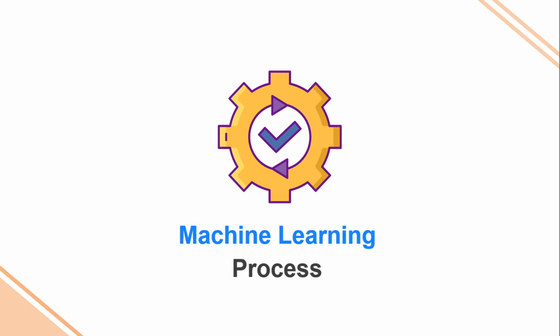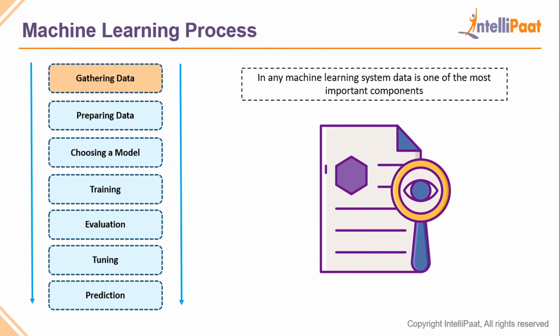Now let's take a look at the machine learning process. How does machine learning work? We begin by gathering data. As said, machine learning mainly works on mapping input to output, and we really need a large, massive set of data to get a good model. Now gathering the data is just the beginning of the